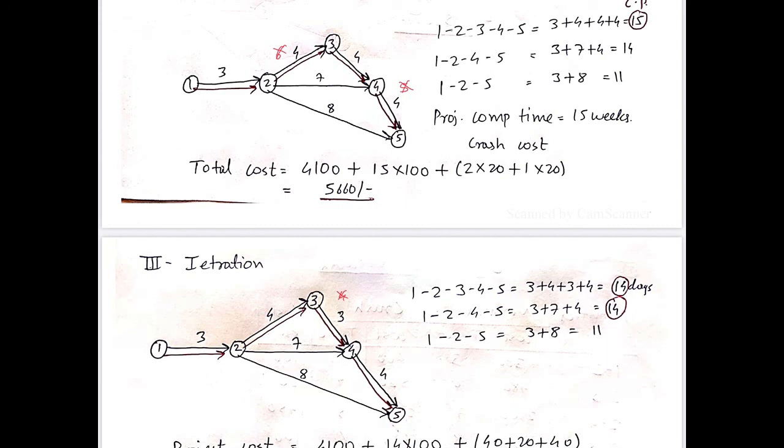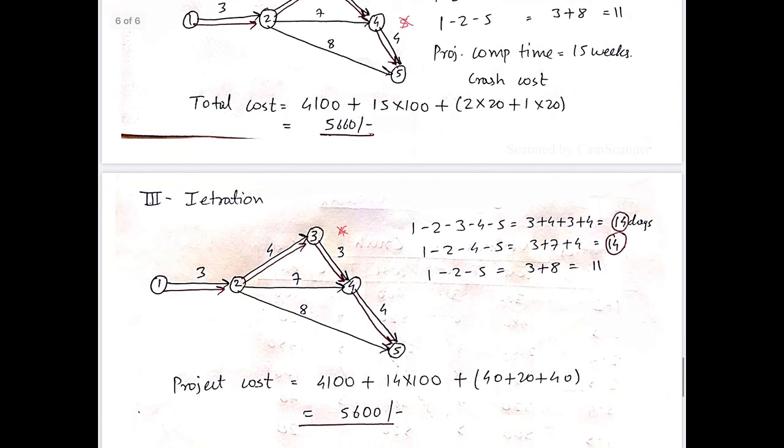And now we'll check whether the critical path is maintained or not. The first critical path, that is 1-2, 2-3, 3-4, 4-5, is now 14 weeks. But at the same time, the second path, that is 1-2, 2-4 and 4-5, is also now 14 weeks. So now we have two critical paths in this case. That can happen; you can get a new critical path, that is not a problem. So now the project duration is 14 weeks and the project cost will be your normal cost plus indirect cost, that is 14 into 100, plus crashing cost.